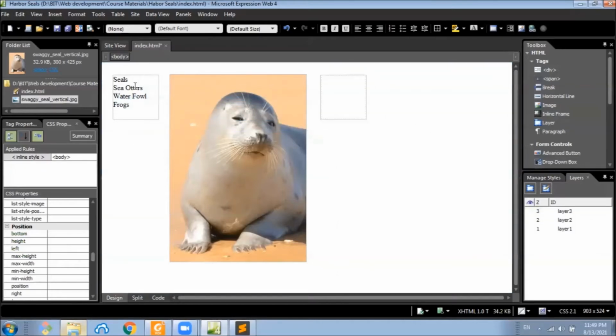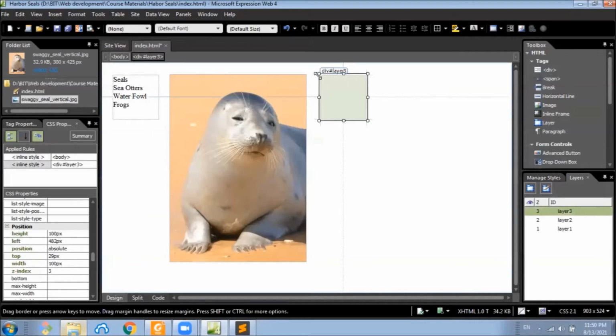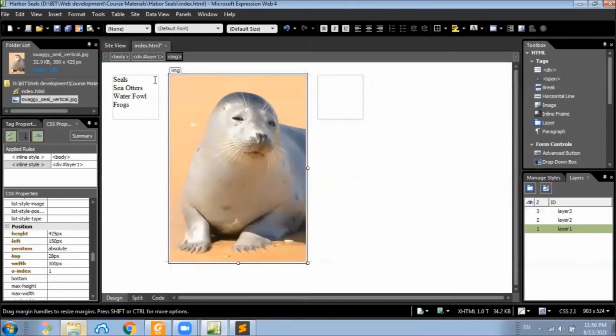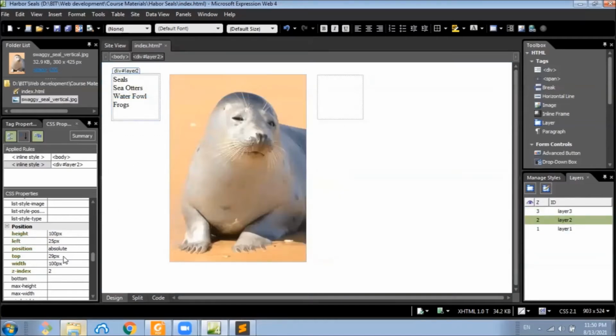Now here it should be 25, 100, 150 and 300, 450, and another 25 here, 475 pixels. We have to set it to the left property. And now in all of these three layers, the top value should be 25.